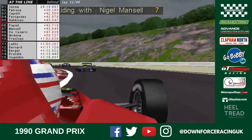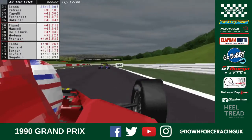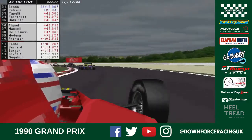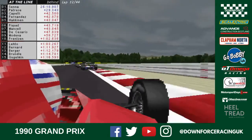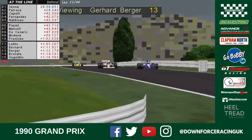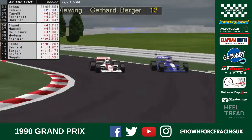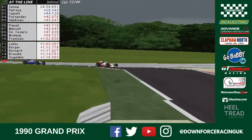On board with Nigel Mansell in the Ferrari. The Ferraris are 7th and 9th. And Mansell is going to continue to lead the Ferrari team into 1991. He feels he's got a good plan for next year. The car is already apparently much better in 1991 than it was in 1990. So he's got plenty of reasons to be confident as Berger dives up the inside of the Monteverde and makes